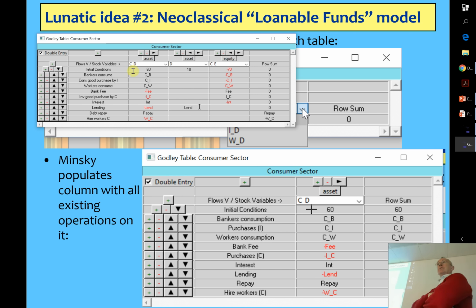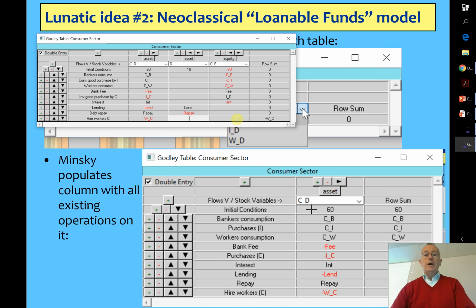So you're getting a shuffling of assets. From the point of view of the consumer sector, it's got less money in the bank, but it's got an income-earning asset, which is the debt. So I've just put lending as an entry in the D column. That creates the debt, or increases the debt the investment sector already has to the banking sector. If there's any repayment, then that reduces the asset.